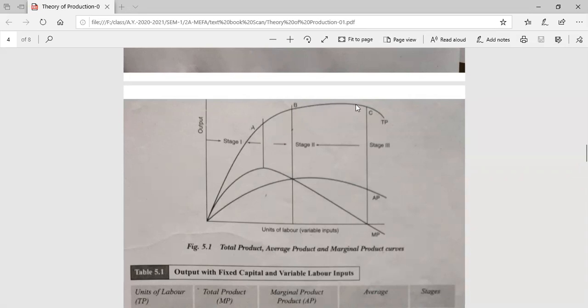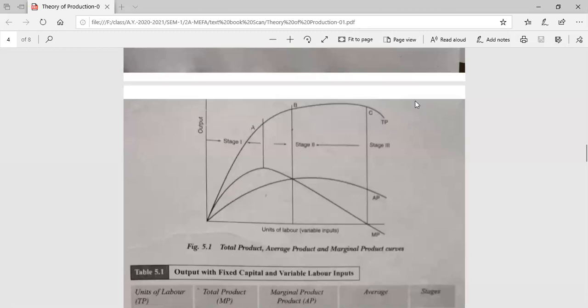It is not in proportionate fashion. After further, we can see up to the C, after achieving some particular point. You have the first stage from here to here, and the second stage from here to here, and the third stage is this, right?